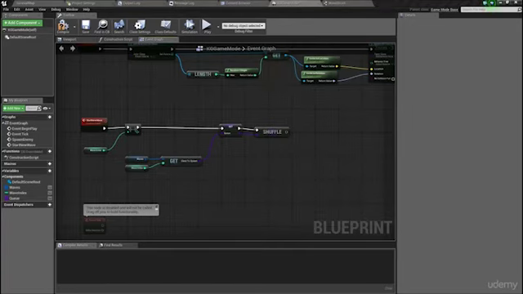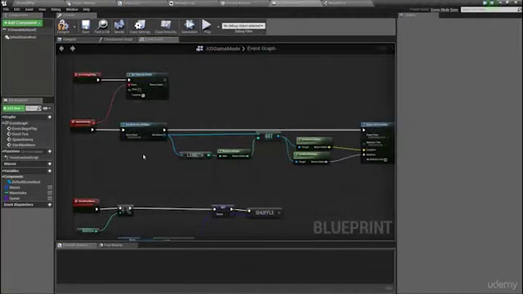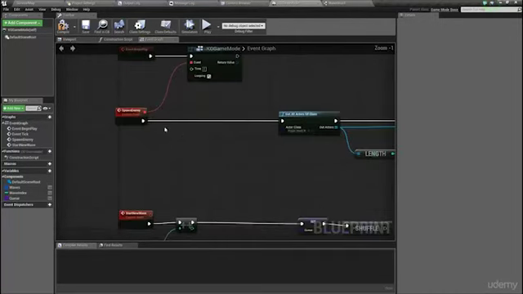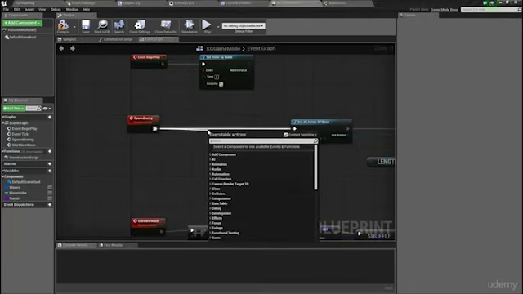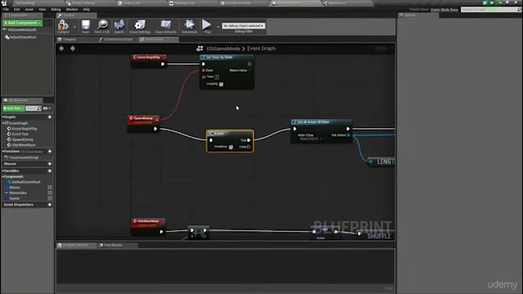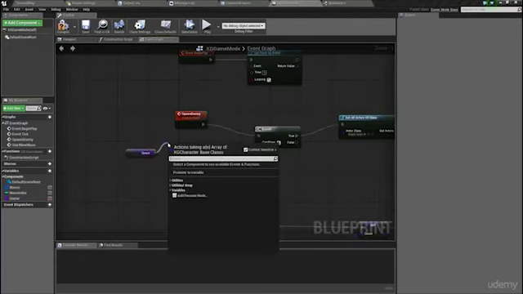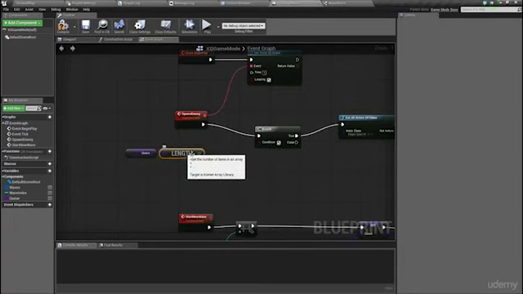So now that we've done that, we're going to handle the actual processing of the queue. Currently, when we go to spawn the enemy, we're just straight up spawning a new enemy every time. So let's put some logic in there that blocks that off a bit. When we call spawn enemy, we're going to branch. And the reason we're doing a branch is if the current queue length is going to be greater than 0,